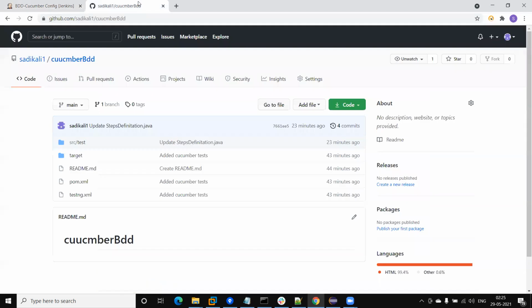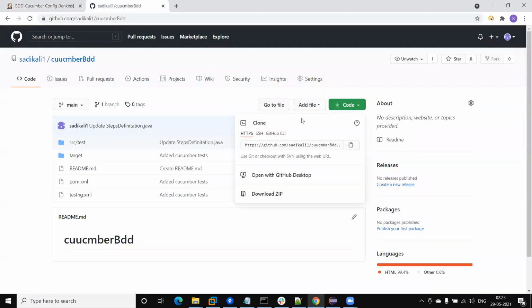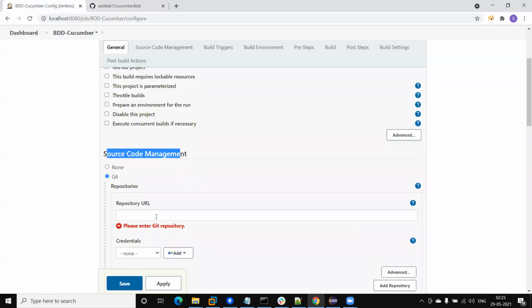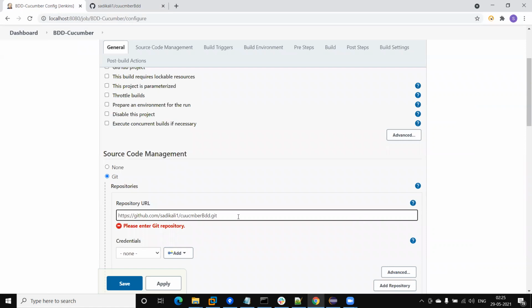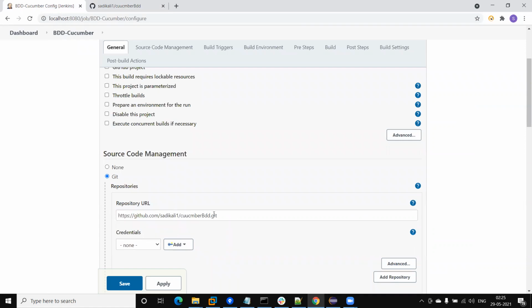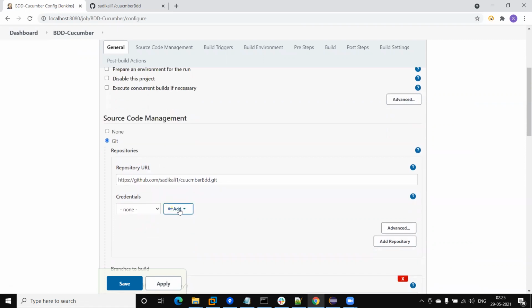So we need to get the clone directory. This is the Git clone path. Copy this and paste it here. This complete Git clone path we need to paste here. This is the repository URL. Now next we need to add the credential. If the credential is not already created, just click on Add, Jenkins.